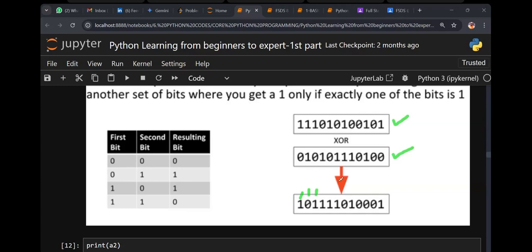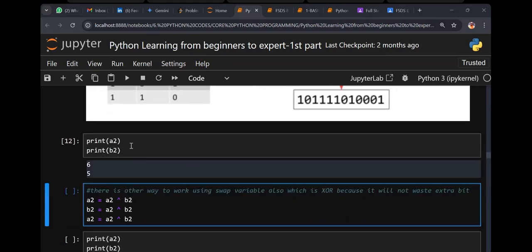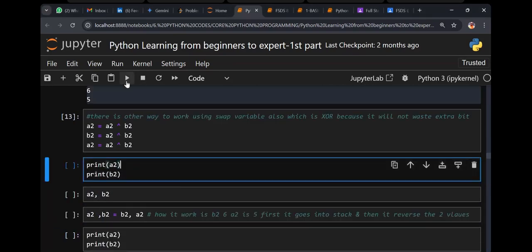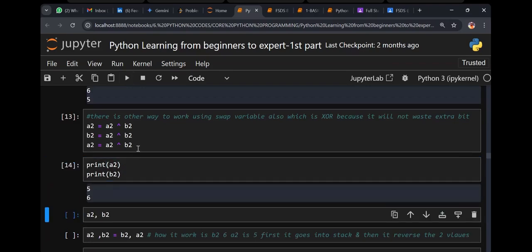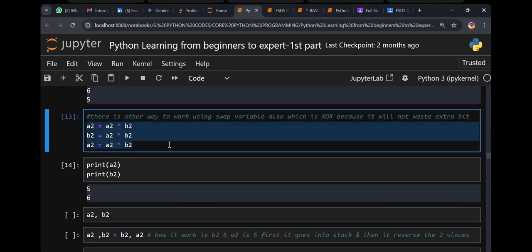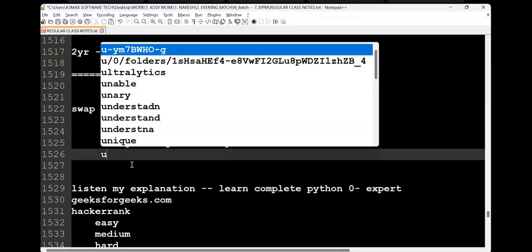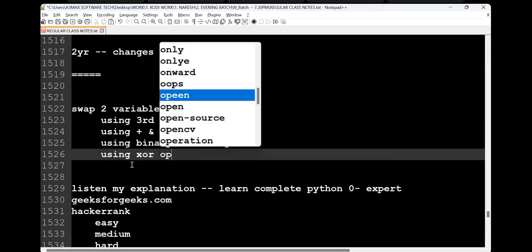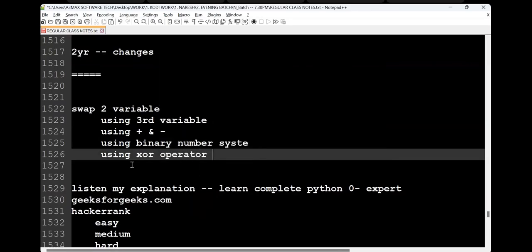The same way, both inputs the same gives 0, that's right. The same way, if you scroll down, print A2, B2. So when you XOR, you get 5 and 6. This is another way, using the XOR operator. I will explain the XOR operator more in upcoming classes, okay? So using XOR operators, guys, understand?